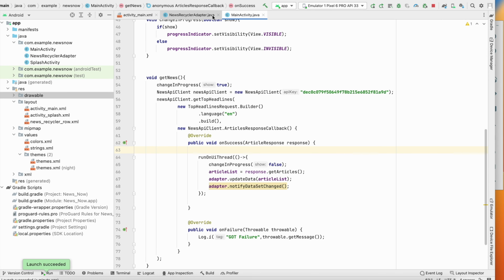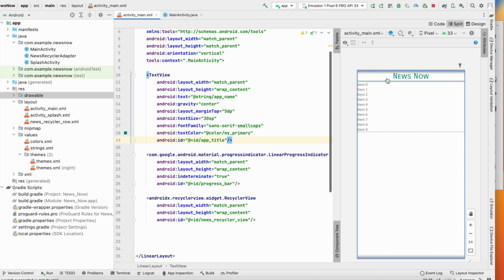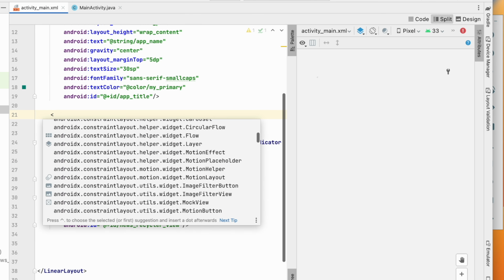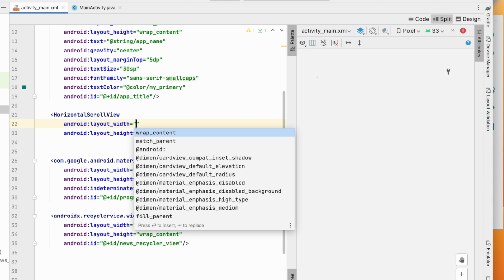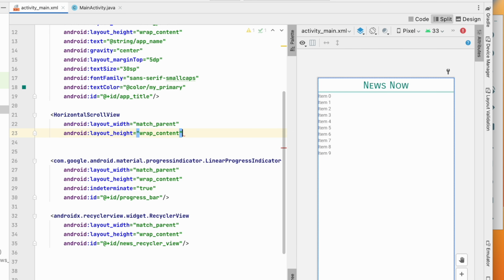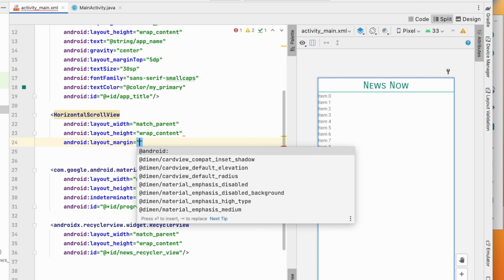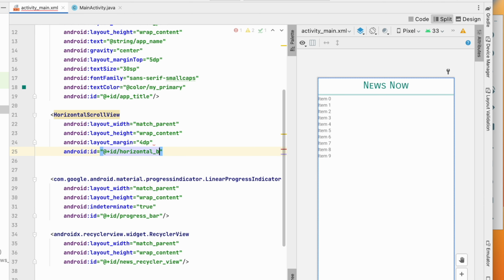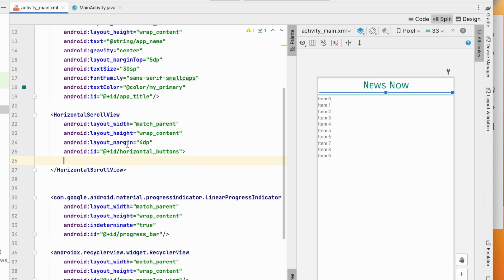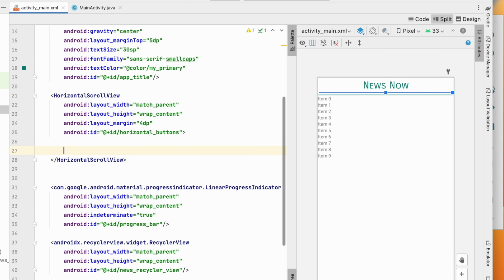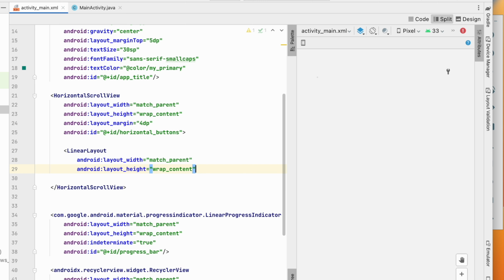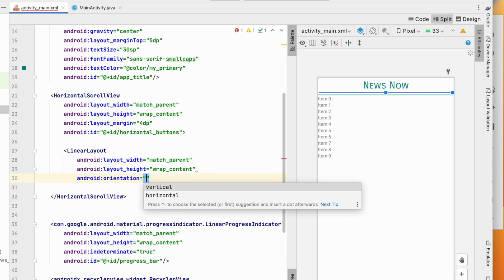So we'll go to activity_main.xml. Below this text view we will add the categories. So below this text view I will add a horizontal scroll view. Width will be match parent, height will be wrap content, margin will be about 4 dp, and ID will be horizontal layout buttons. Inside this horizontal scroll view I will add a linear layout, width will be match parent, height will be wrap content, orientation will be of course horizontal,